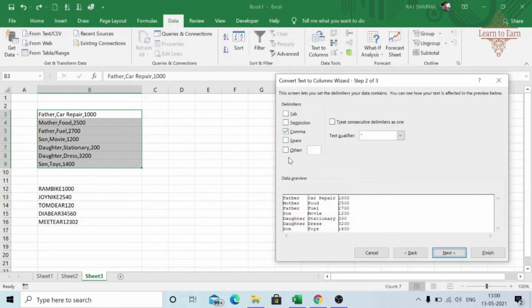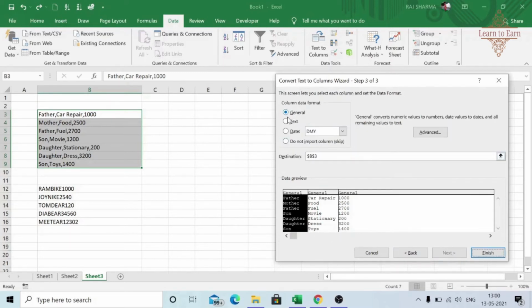and then here the separator is comma, so we have clicked on comma and automatically you can see this data is being segregated into columns. Similarly, instead of comma, if semicolon or tab or space is being used or any other thing is there which you can put here, then also it can convert into column.